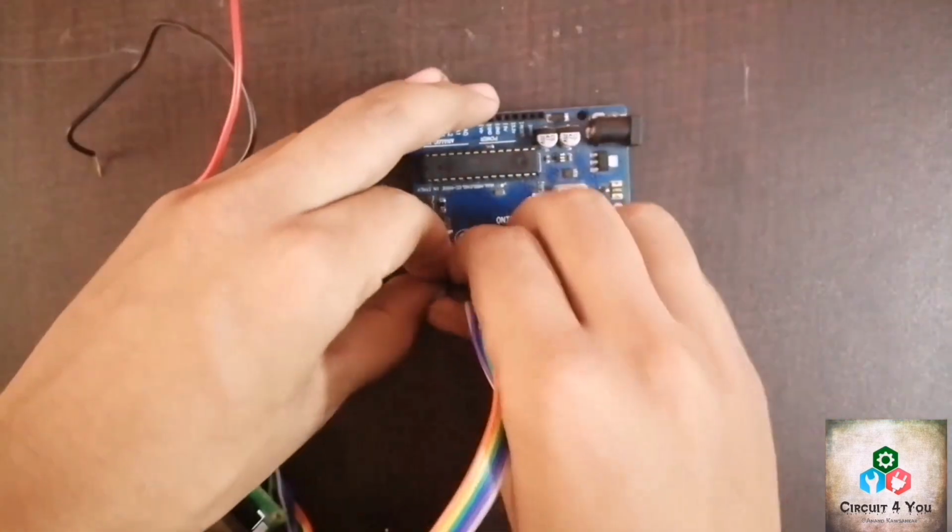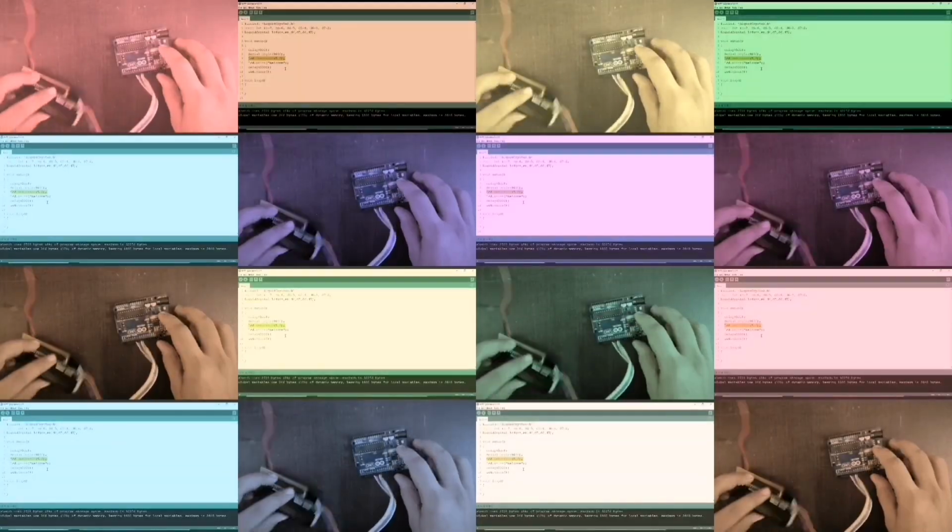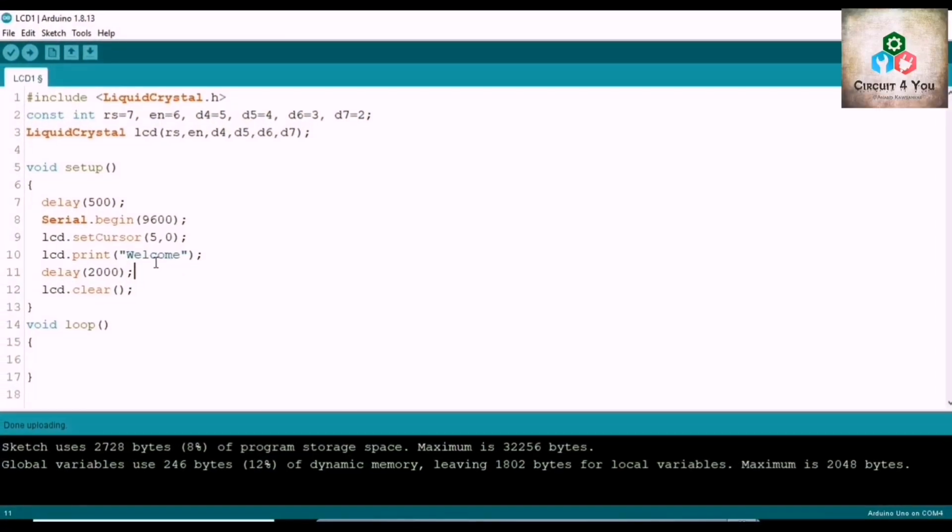Up till now, we have printed welcome for 2 seconds, and after 2 seconds, it vanished. Here we have used only the first row of the LCD display. Now we will try to print on the first as well as the second row of the LCD. To save time, we will just modify the same program.